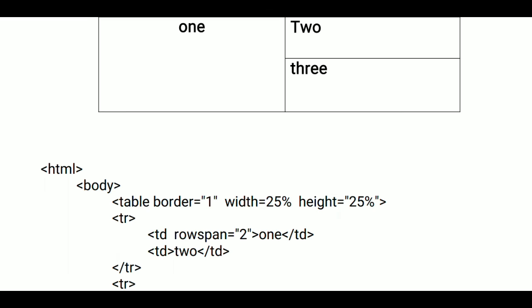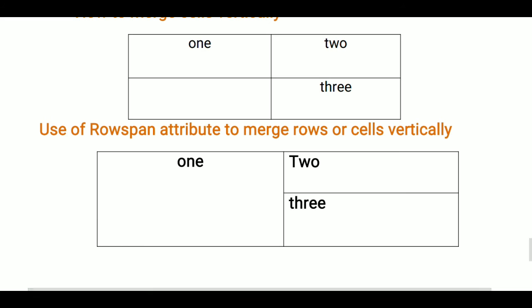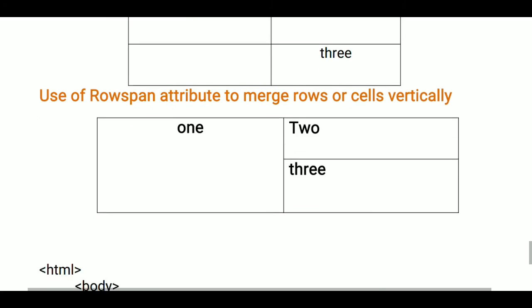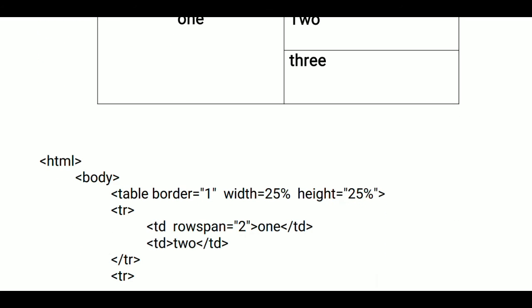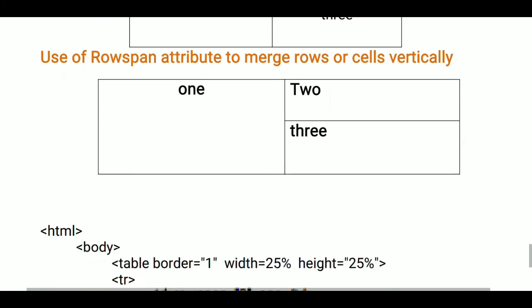And then in the first row, how many cells do we have? 2 cells, that is 1 and 2. So here you see which cells you want to merge. Before it was like this and now I want to merge like this. So basically how many cells do you want to merge here? 1 and 2 cells. So with the first TD tag we will use the rowspan attribute. Why rowspan? Because we want to merge the cells vertically. And the rowspan value is equal to 2. Why 2? Because here 2 cells are there that I want to merge.